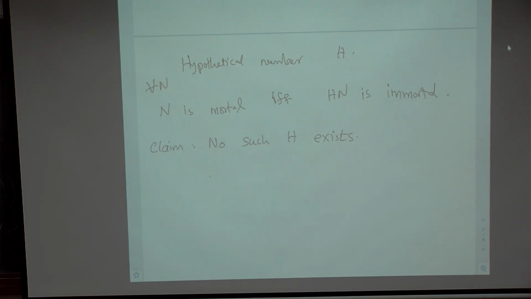So whatever n you give, can you get some number n such that in one step you will get hn? If the number is immortal, then any suffix of that number is immortal. Maybe we need a proof, but